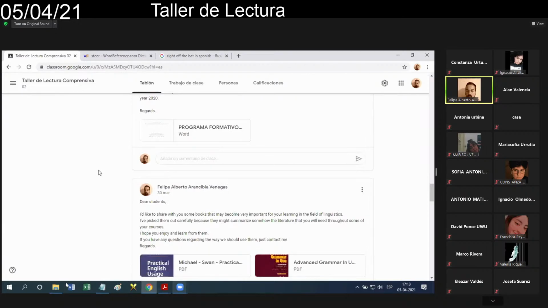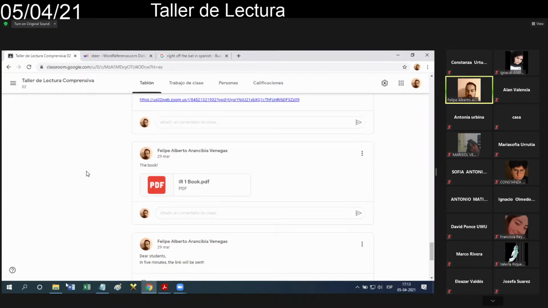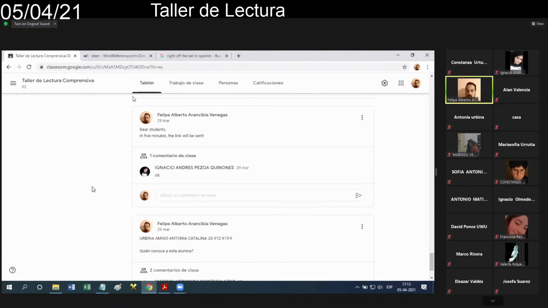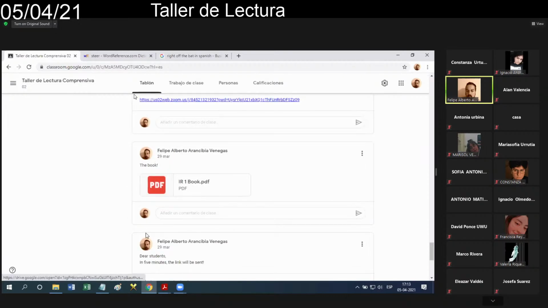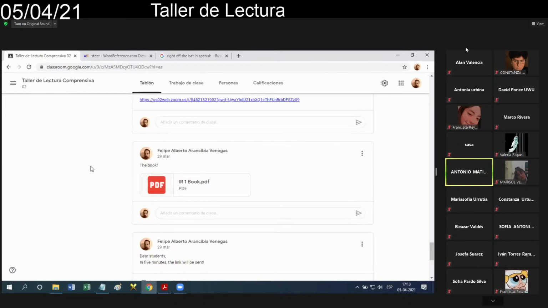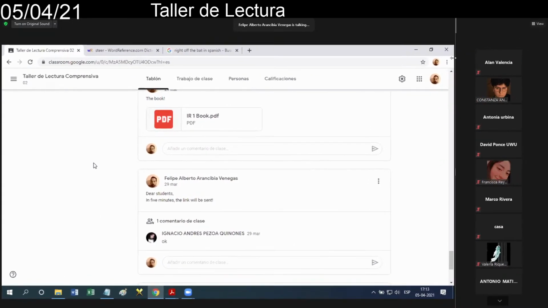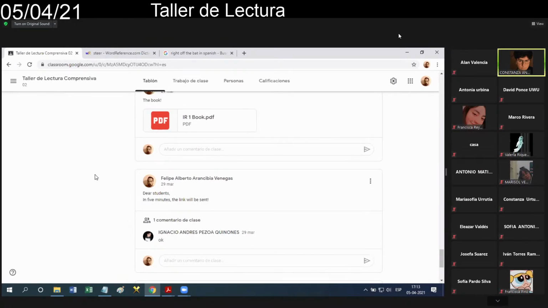Antonio habla, ¿no es cierto? Antonio, estás hablando. Ya. Me imagino que no has visto el Google Classroom. Si lo revisas hasta el fondo, ahí está el libro. In front of your eyes. Ahí está. Lo pinchas y lo tienes. Entonces ese libro... Ahí está. Sí. Okay. No, it's okay. So, es parte de eso. It's okay. Don't worry. Teacher, don't worry.